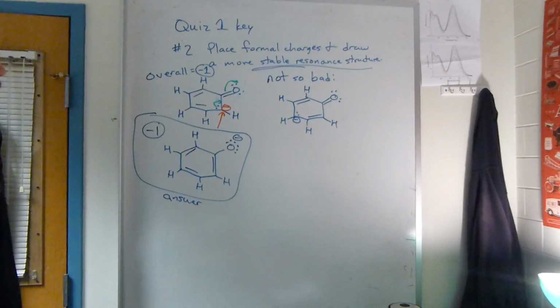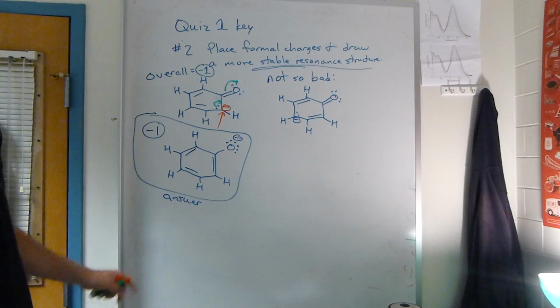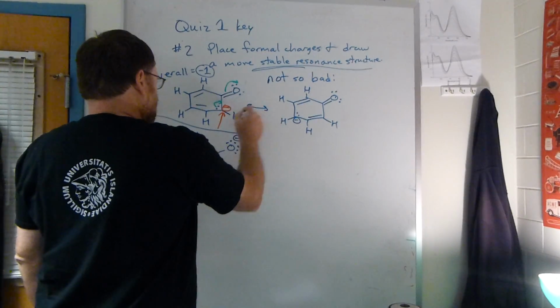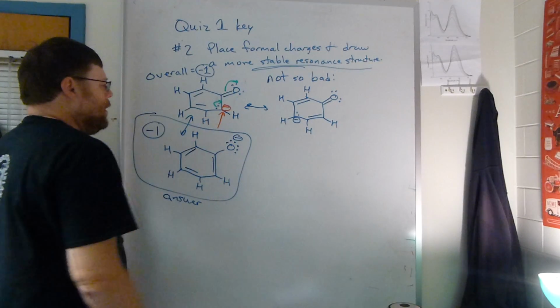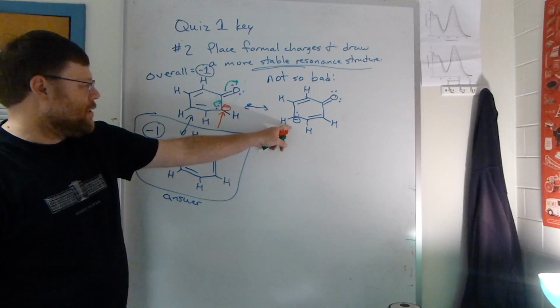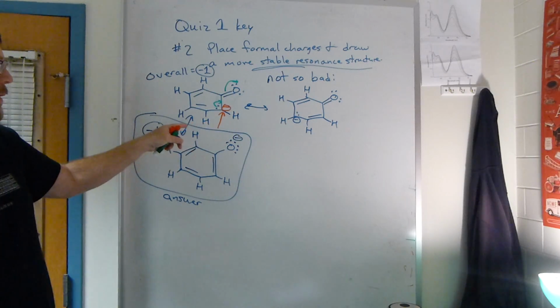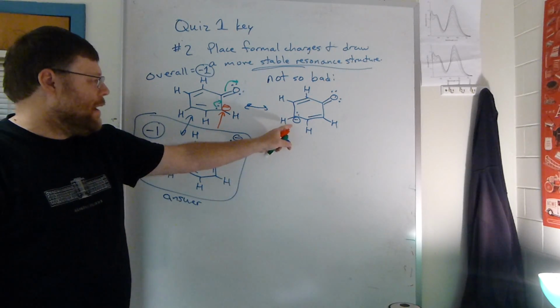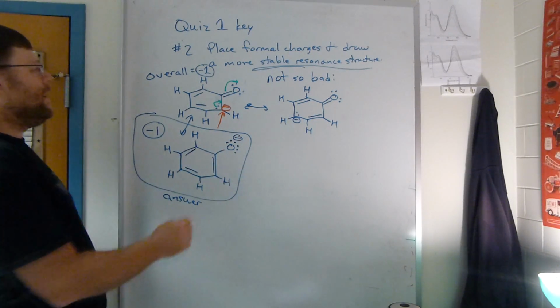Okay, that's not a bad answer. This structure, the third structure I've drawn, is in fact, so just a little resonance arrow to indicate resonance, but this third structure is in fact a resonance structure of the original. Okay, a lot of people drew that. Well, I say a lot of people. I've seen a few of them so far, and it's okay, except that it doesn't get